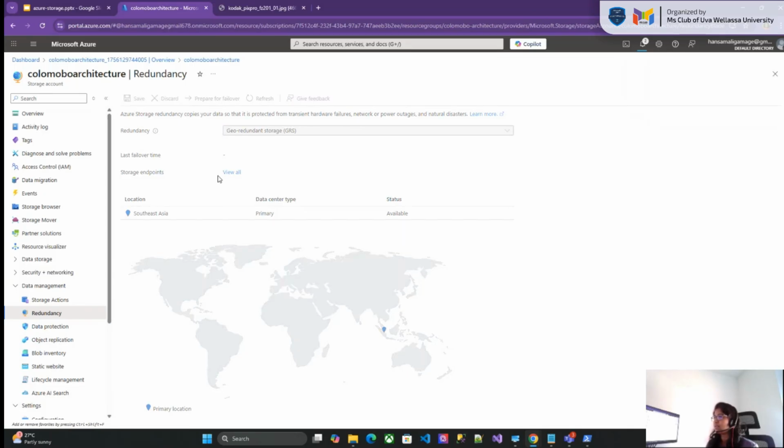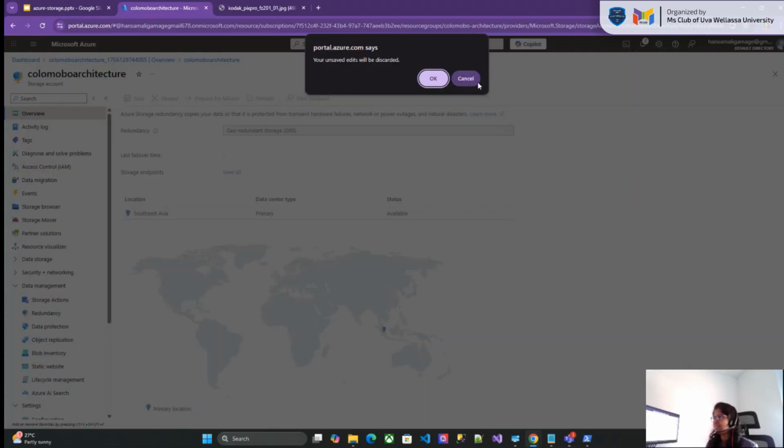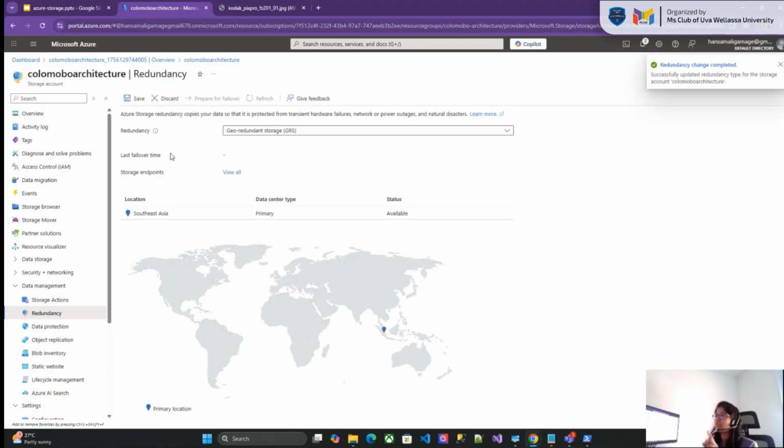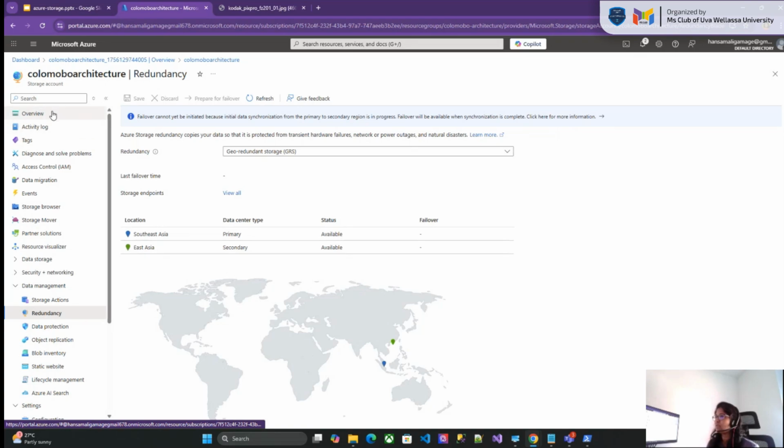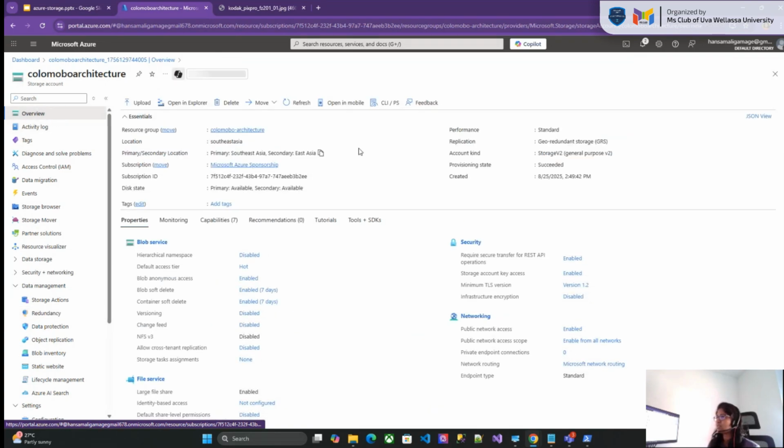Until that's done, I won't be able to go. So if I show you the storage endpoints, we do have the primary endpoints for the blob, file, queues, tables, and data lake, and for the static website. So if I refresh this page,